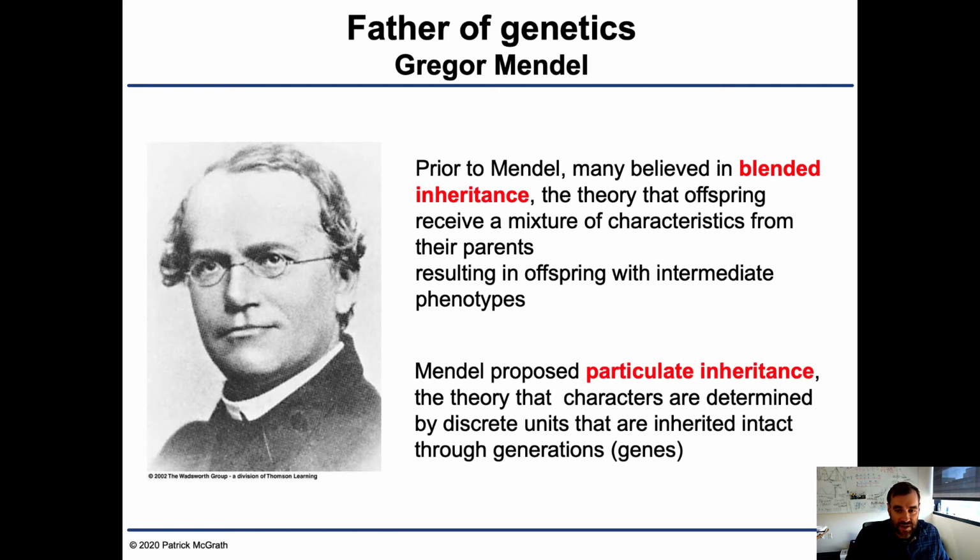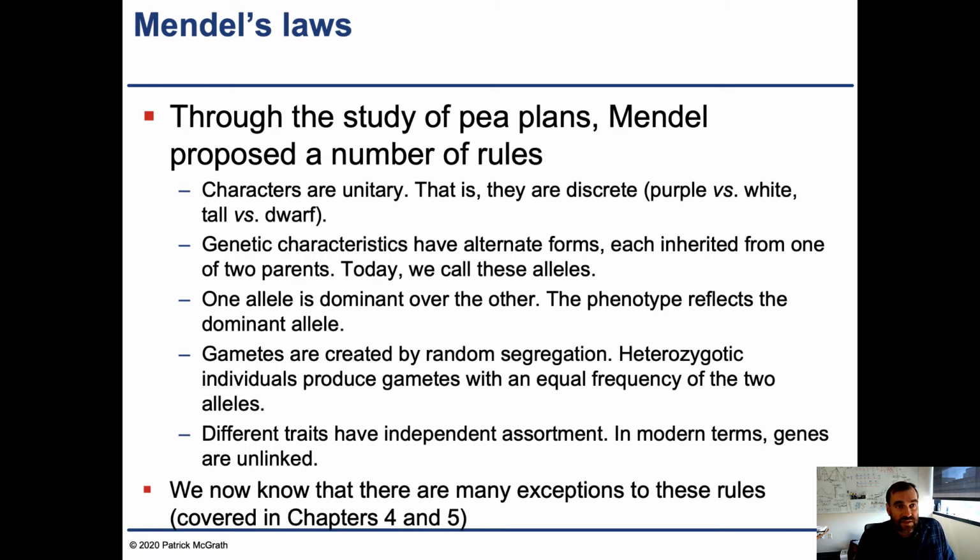But he turned this whole idea on its head, and he proposed particulate inheritance, the theory that characters are determined by discrete units that are inherited intact through generations. Nowadays we have a very good molecular basis for this idea. At the time there wasn't a lot of knowledge about the cell that would help us make sense of it, but now that we know a lot about the characteristics of DNA, this is very straightforward for us to think about. And he studied this before we knew the molecular characteristics of the cell,